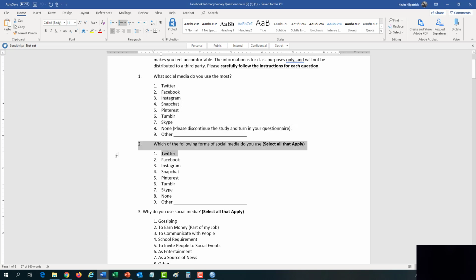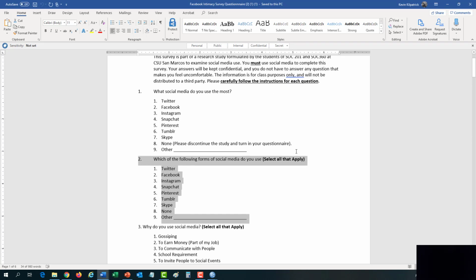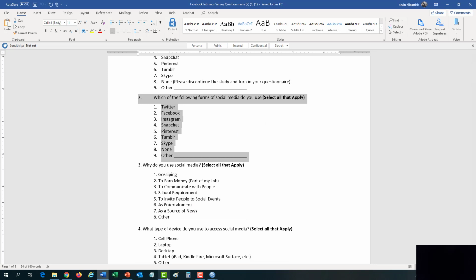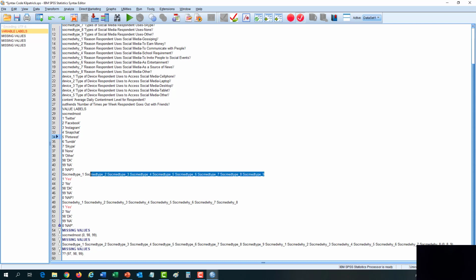Now we get into these questions with select all that apply again. Remember, 2, 3, and 4 are the only ones with select all that apply. Okay? So it's a little bit different, but not as much work as in the variable label section. In value labels, I can put all 9 variable names in a row, and then just make one list of answer choices for all 9 of those